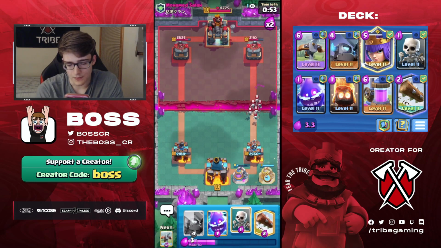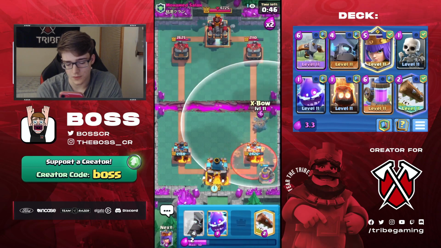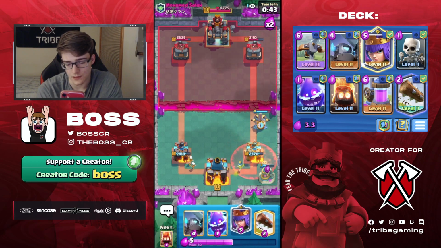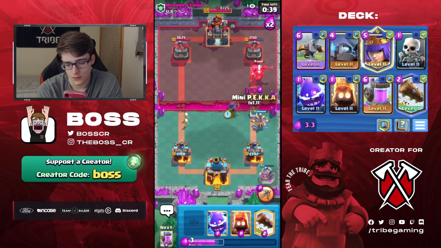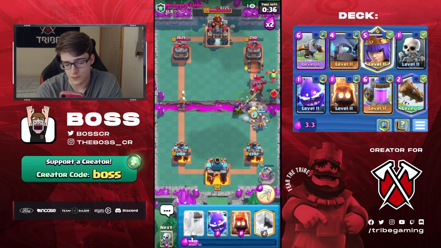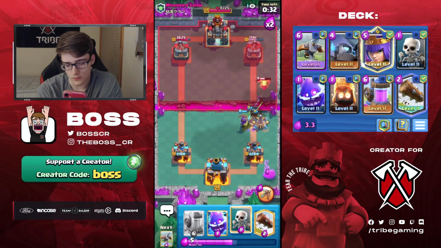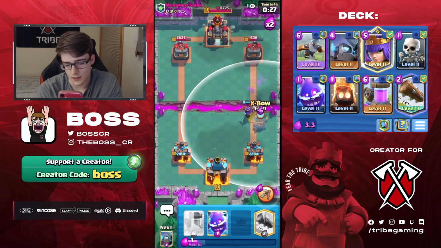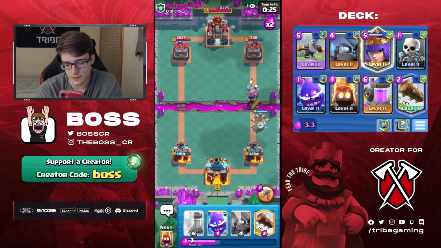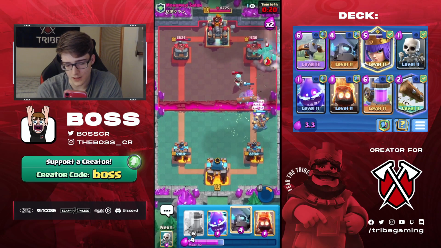Unfortunately, he did stop it, so it was a good play on his part. We'll Collector again. Got 2 down. Cycle Skeletons. Go Expo here. And then probably Queen, because he doesn't have his Poison in cycle. For the time being. Also get a mini P.E.K.K.A. down to take out this quicker. And there we go. We get another Expo connection. Probably hit him up with an Expo here. We have the Queen alive still. Ooh, that's great. The Expo targeted the Ice Wizard instead of the...